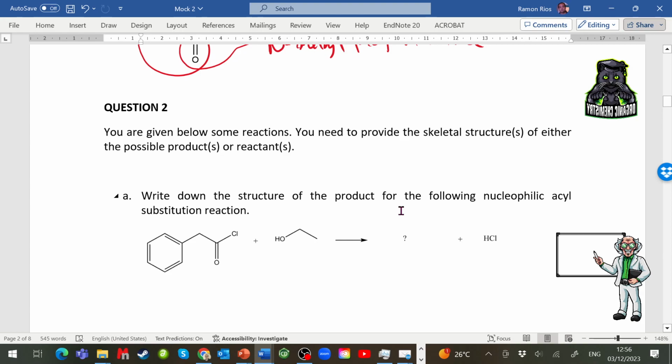Question 2 basically is write down the structure of the product of the following nucleophilic acyl substitution reactions. The pair of electrons of the oxygen attacks the acyl chloride, and remember the pair of electrons that are forming the oxygen carbon double bond is going to the oxygen to form this compound,